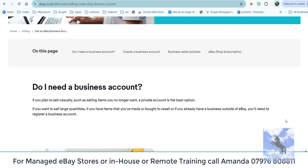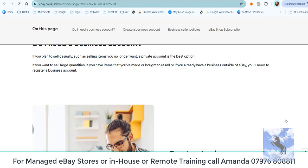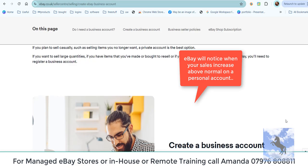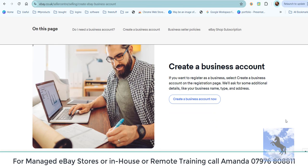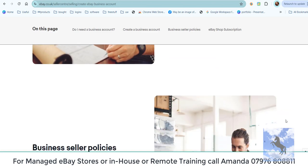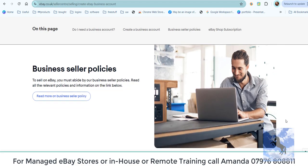And you will get a certain amount of free listings, especially for clothing now with no fees. However, if it's for items you've made or bought to resell, or if it's for another business, you're going to need to register as a business account. So you can see here on Create a Business Account, it's relatively simple. They're going to ask for some additional information, your business name, your type and your address, and it's relatively straightforward to get started. So they do have policies and you're going to need to go and have a mooch through them. I'll see if I can get the link underneath this video for this page